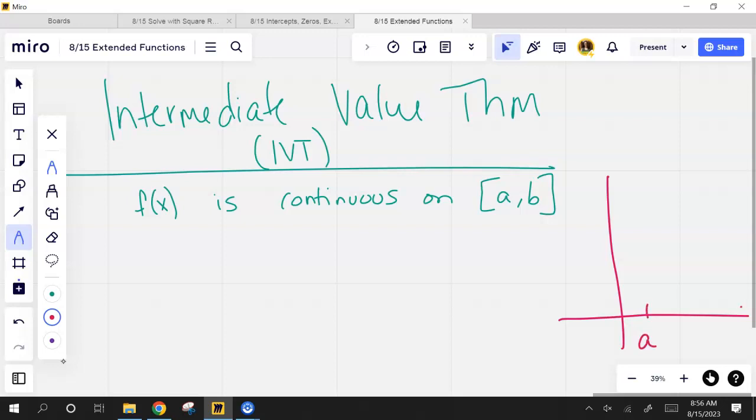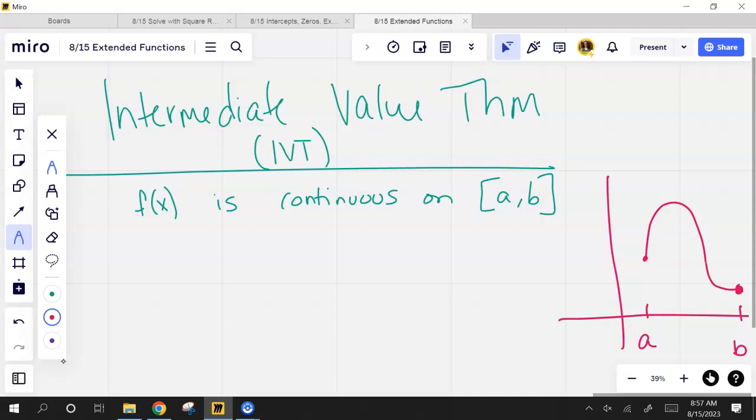I'll call this A. I'll call this B. It doesn't even matter what it's doing inside. All I have to know right now is that whatever's happening, it is continuous on this interval. If f of x is continuous on AB,